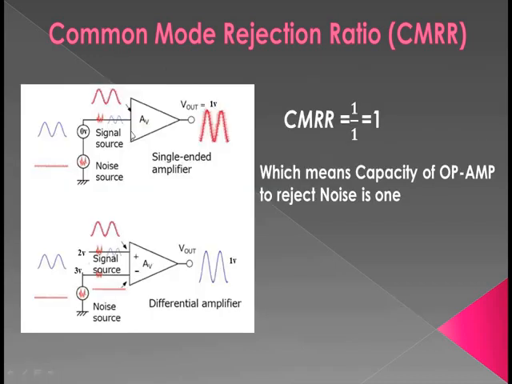If noise is mixed along with the input, then in case of common mode, if we apply 0 volt, the output is not 0. It gives some value because of the noise. And in differential mode, we apply 2 volt and 3 volt. If it gives 1 volt, then by using CMRR, 1 divided by 1 equals 1, which means the capacity of the op-amp used in the circuit to reduce noise is 1%.